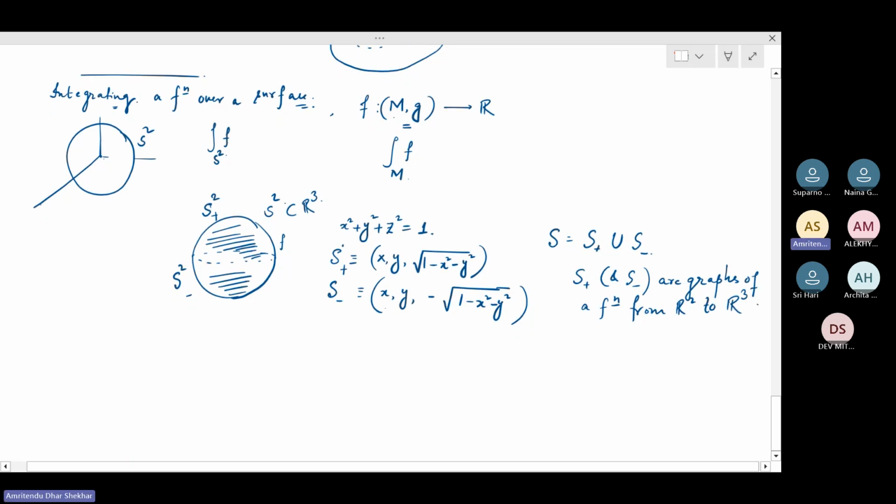Okay. So you can see that this is a graph of a map. This is also a graph of a map. The map is x, y, square root of 1 minus x squared minus y squared. And for the other case, it's minus of that. So S plus and S minus are graphs of maps from R2 to R3. Okay. Now,